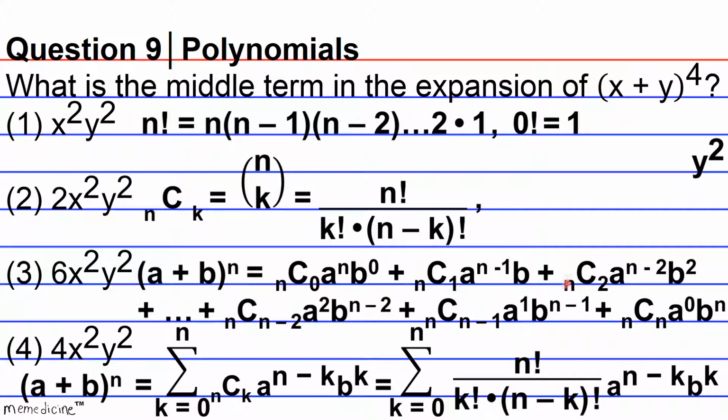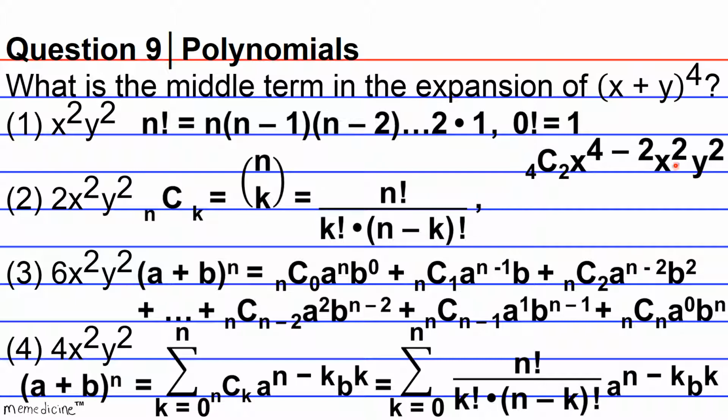So this is basically what we're going to use to figure out the third term. And so when we substitute 4 for n, we get 4 choose 2. Remember that our third term is when k equals 2, times x, because we said that a is equivalent to x,